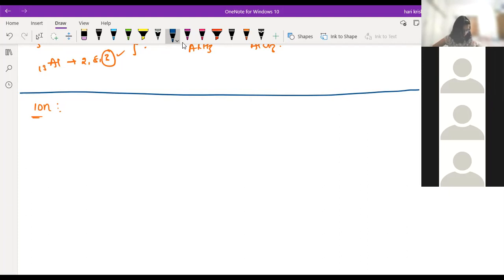But before starting this ions and radicals concept, I will ask you one question. Find out the atomic number of an element which is present in